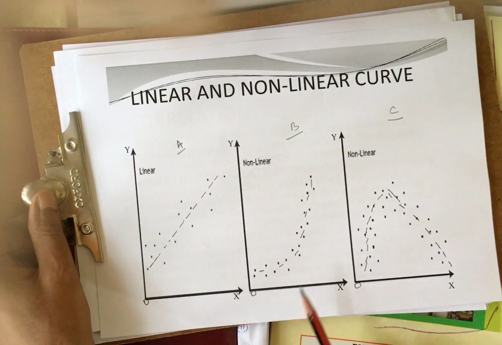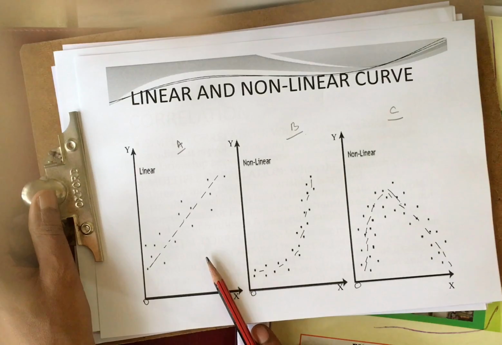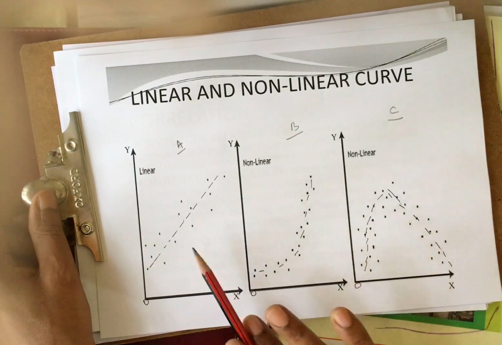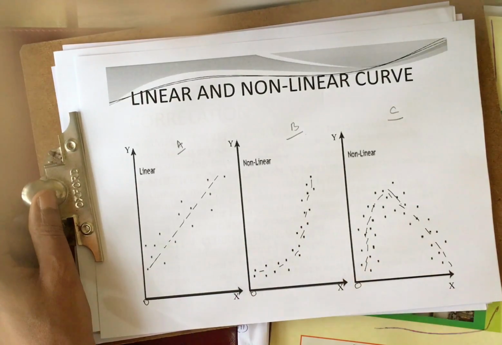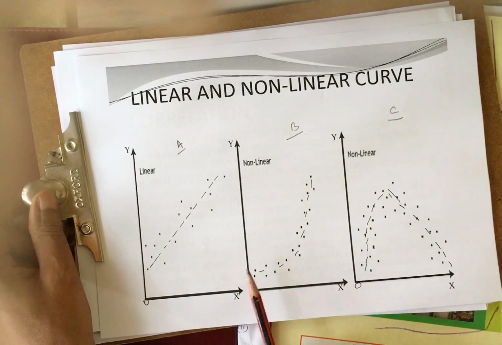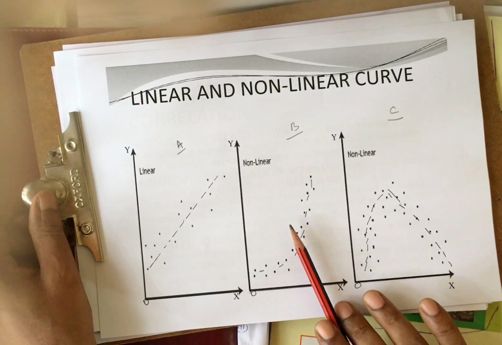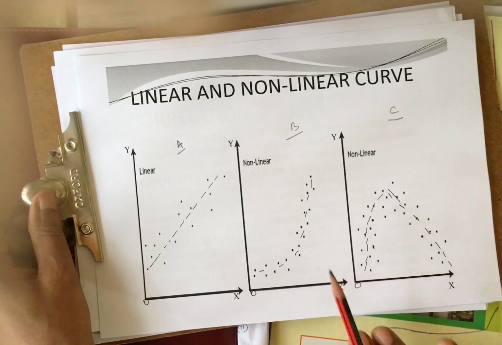So that's why this is called a non-linear curve. One is linear, whenever the change between x and y is almost constant, then the curve goes like that. And also a line, if you draw one line, it will come as a straight line. Whereas curves B and C are called curves only. Why? Because it is not going straight, it is bending in some shape, so that's why it is called a curve, non-linear curve or non-linear, these two things.